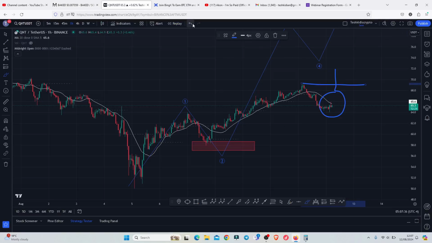Getting back to the charts, you can see that QNT on the 5th of August gave us a massive breakdown move, in a move that gave us a low below the $50 mark. And afterwards, we started a very nice recovery, obeying the Elliott structures, where we first peaked in this Elliott count 1. And after we peaked in that Elliott count 1, we started a breakdown move in an Elliott count 2,